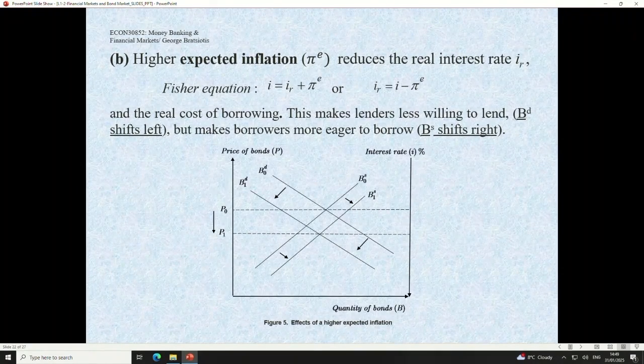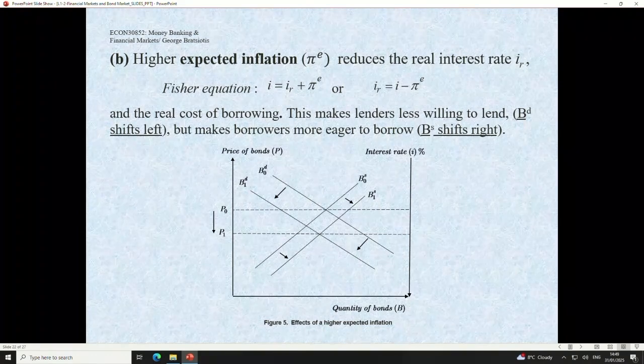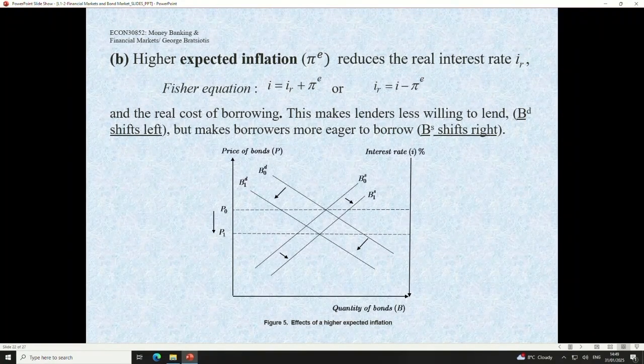Why? It's because the supply of bonds is the people who want the funds. So if for some reason you expect inflation to go up, which means interest rates to be going up, but you have committed to an interest payment in a bond, these guys will be borrowing much cheaper. And that's why they're happy to provide more.